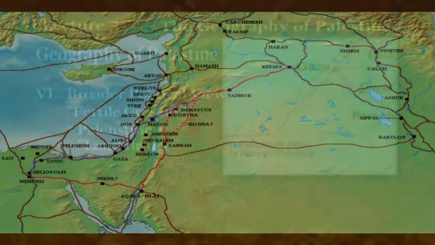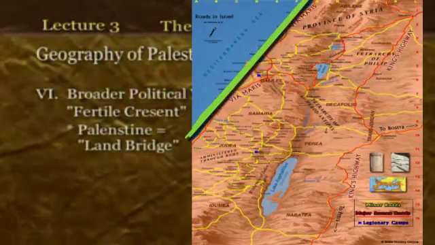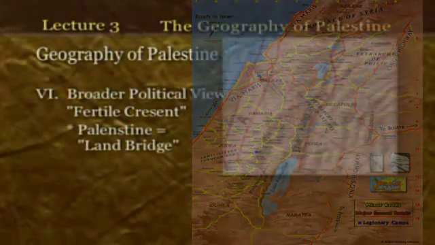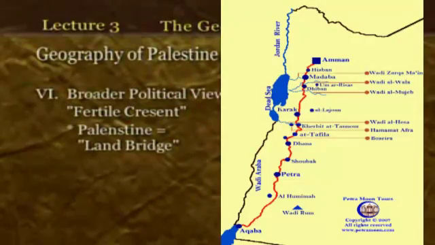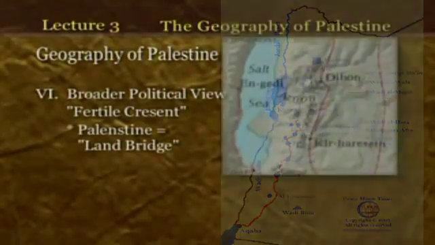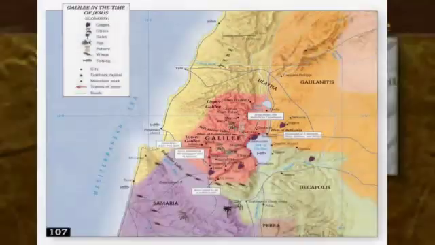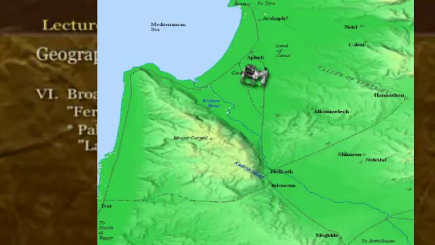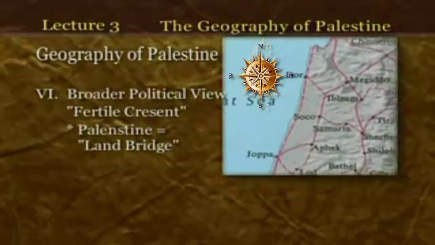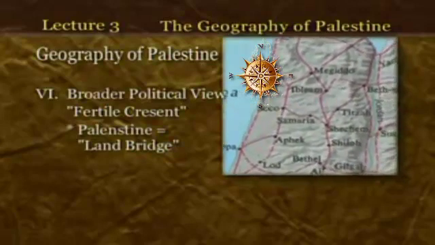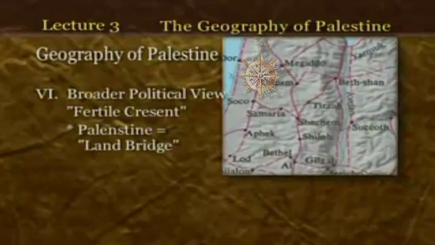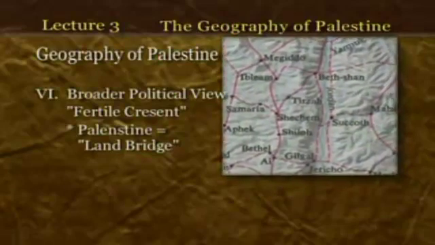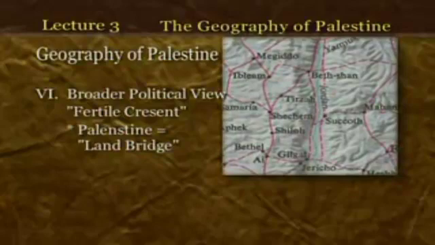There is along the coast the Via Maris, the way along the sea. And then in the Transjordan area, there is the King's Highway that would run north and south. And then there were less major, more minor roads and highways that would run along the valleys. For example, highways running along the Jezreel Valley, east and west. Highways running through the Aijalon Valley, running east and west. And this was how the people of those days accessed this land.